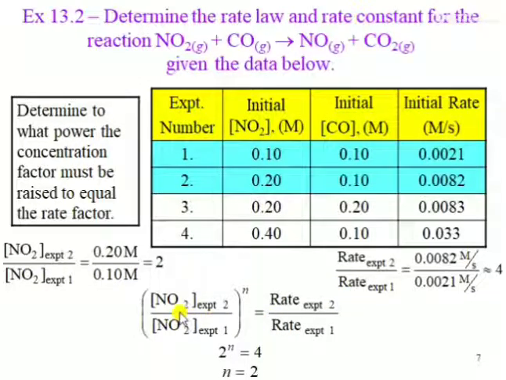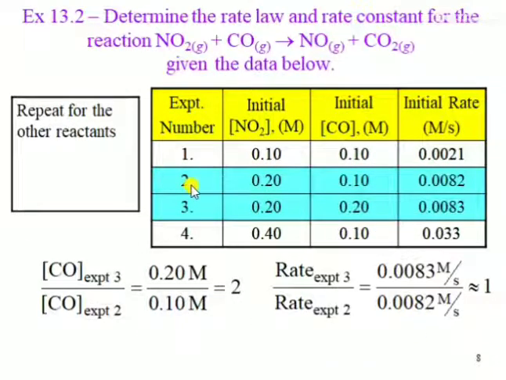Comparing the concentration values of NO2 with the rate values, the value of N is obtained, which comes out to be 2. Similarly, you can also find out the value for carbon monoxide. In this case, we take the experiment number 2nd and 3rd. If you look at experiments 2 and 3, you see that the concentration value of NO2 has been kept constant, whereas the concentration value of carbon monoxide has been increased from 0.1 to 0.2, and the relative effect is being shown on the initial rate.